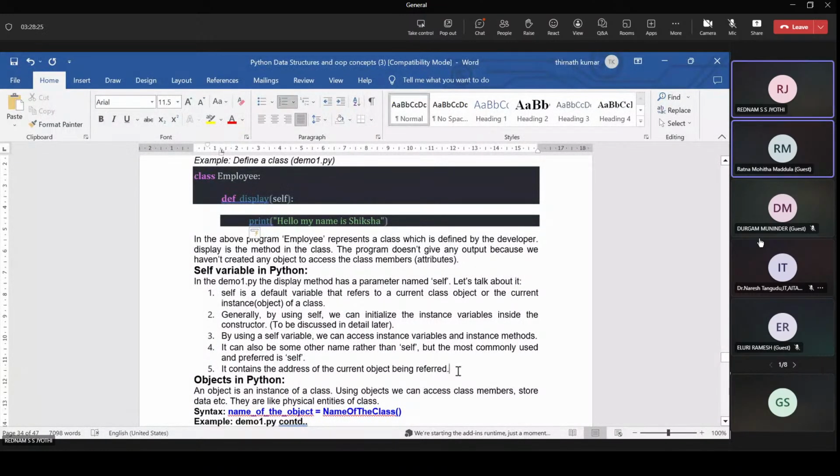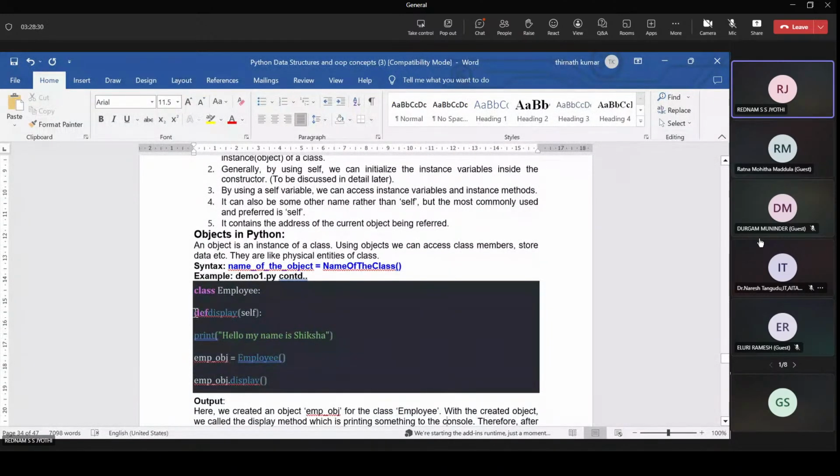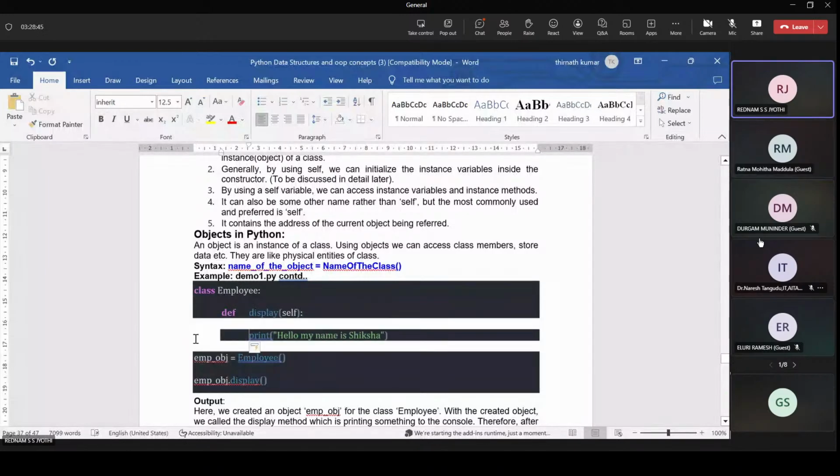Now, objects in Python. So this is the employee class. The employee class consists of one method, the display method, and the display method consists of a print statement. So you compulsorily need to follow indentation. This is one class, the employee class, consisting of the display method. Now how do we create an object of that employee class?